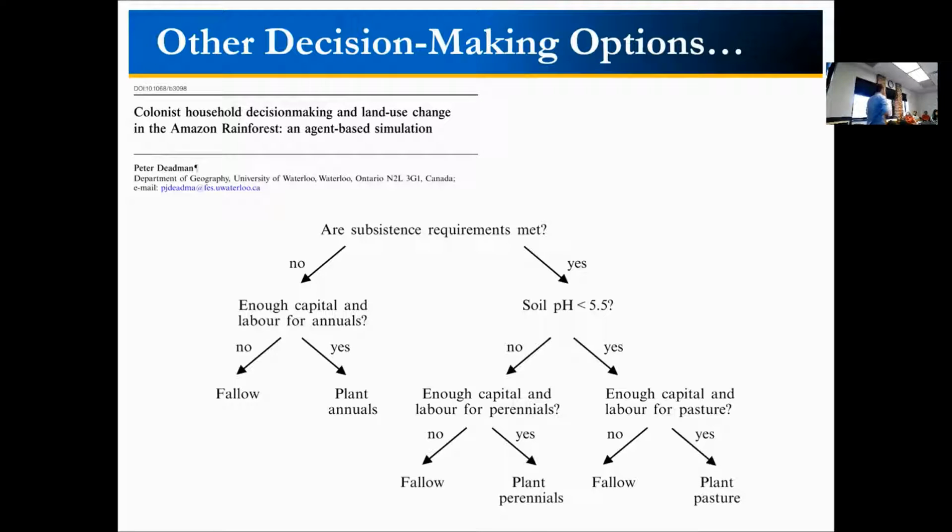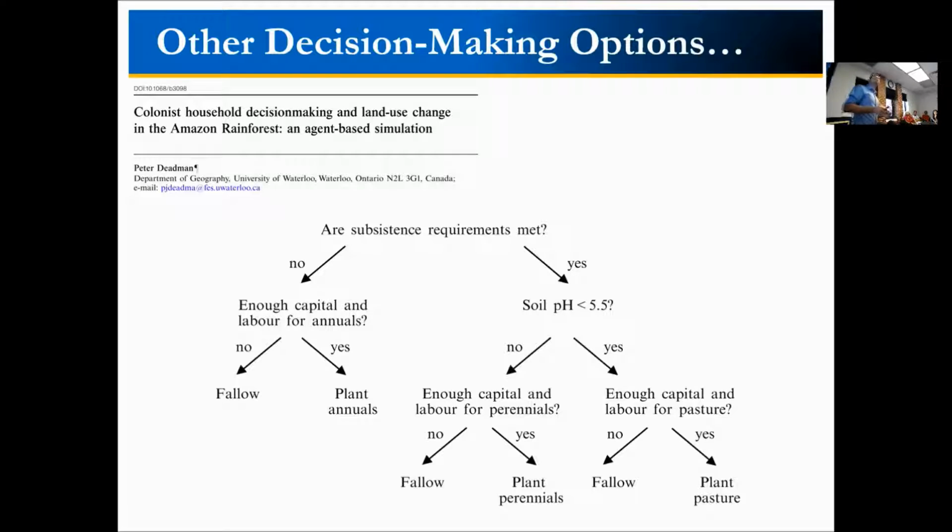Yes. Question. So do all of your agents have to play by the same rule? So you could have farmer A make a decision differently than farmer B, his utility value is different than farmer B. You can definitely do that. It's up to you to decide. I try to do that in my model, I'll get there. And what I found is that they were behaving better when they were all in the same group, as opposed to clustering the farmers in different groups. But you could definitely do that. You can imagine gender differences. Yes. Definitely.